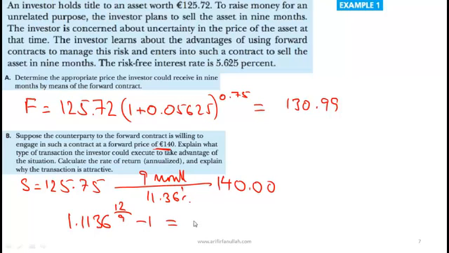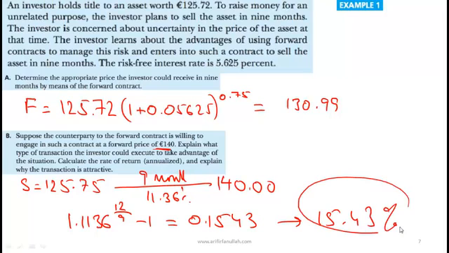So this will give you 0.1543, which is 15.43%. So in an environment where the risk-free rate is 5.6%, you are making a guaranteed return of 15.43%. Okay. Yeah, so the question is, suppose the counterparty is willing to engage, explain what type of transaction the